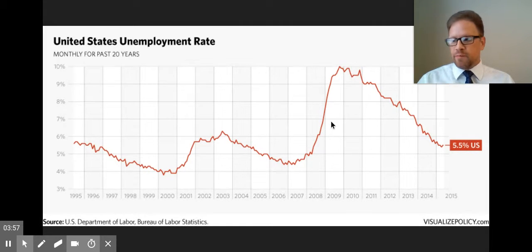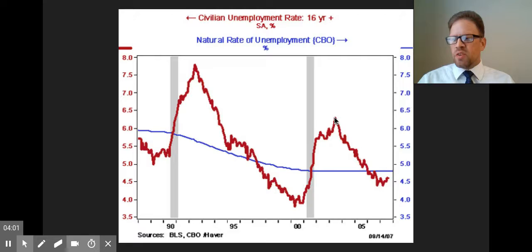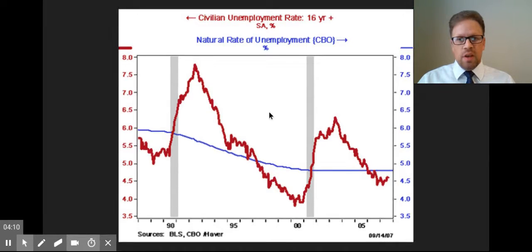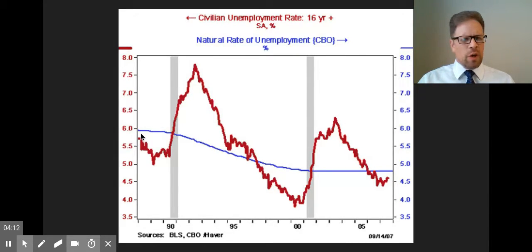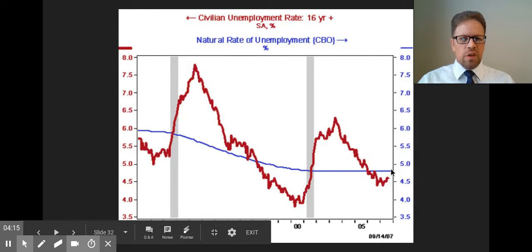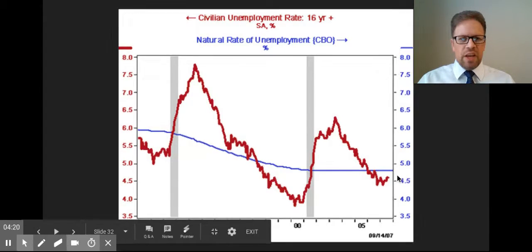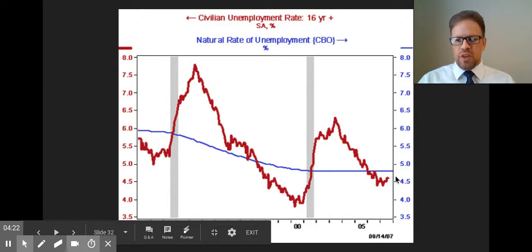Now, another economic term we kind of mentioned in the past is full employment. Full employment is when about 95% of the labor force is employed. At different points in time, like when I started teaching, that number was closer to 6%. Now, generally speaking, 5 is kind of the magic number. You have to have lower than 5% unemployment, which means 95% of everybody has a job, to be considered at a full employment rate.